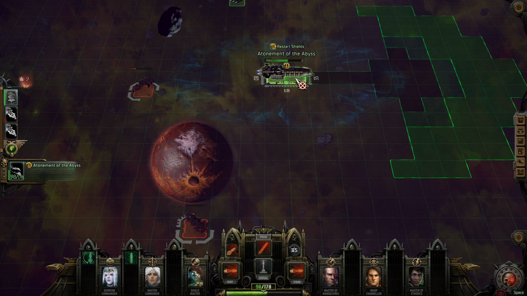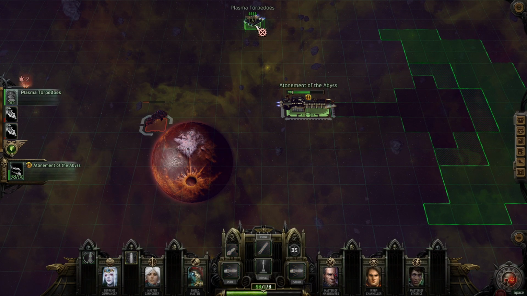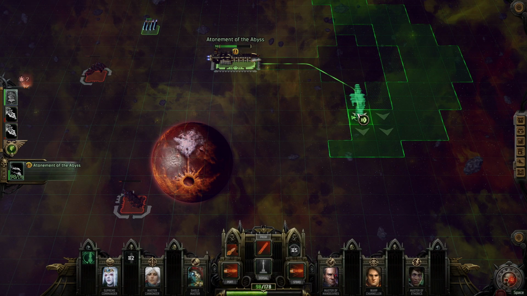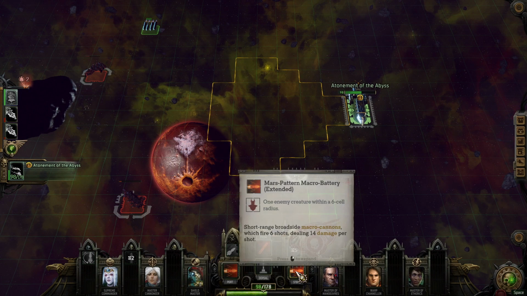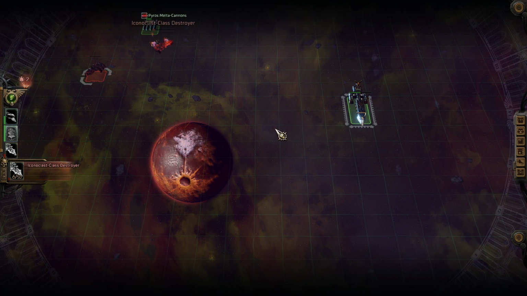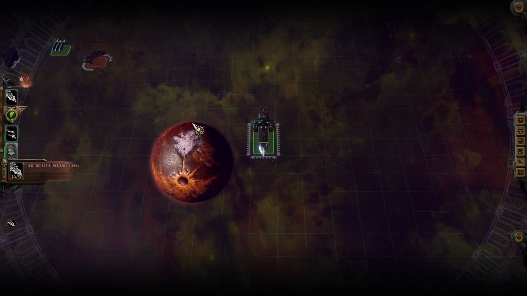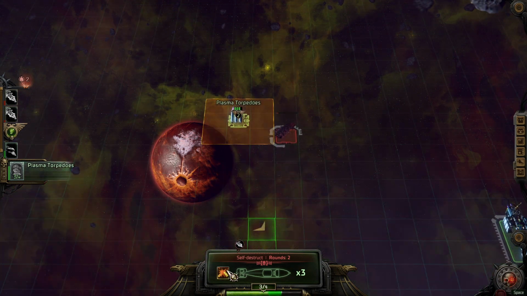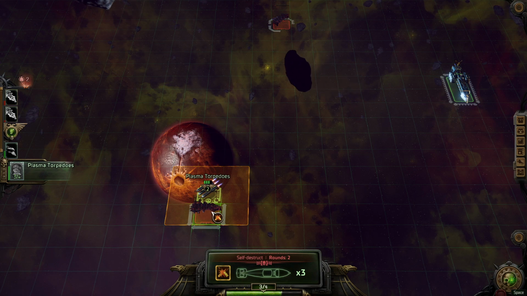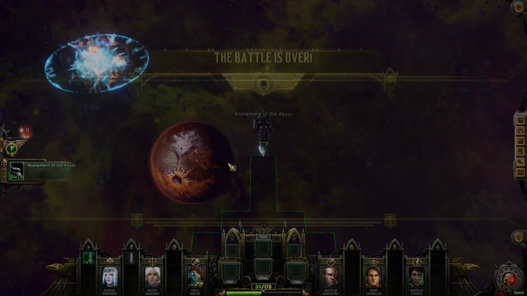Restart shields. I don't have weapons with enough reach. Ow. Damn it, they took away one of my torpedoes. At the very least, I can take you out with these torpedoes. There we go. Yeah, not the best battle from us, but...